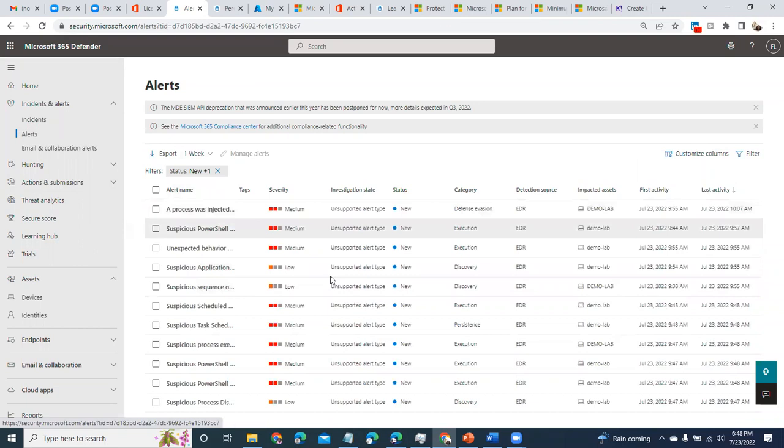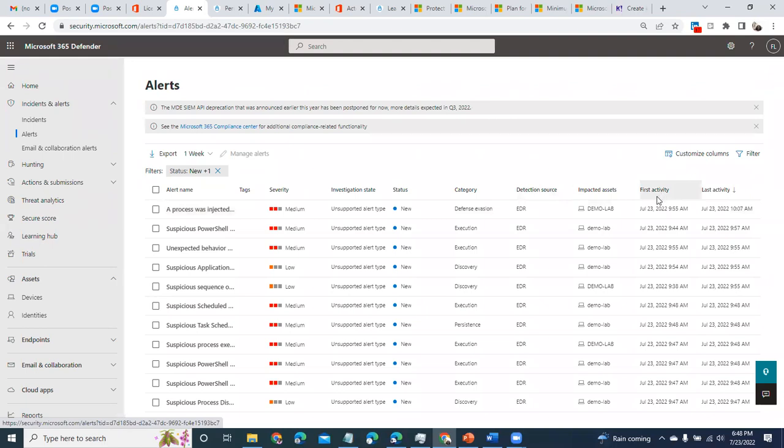So you can see different types of alerts. It will tell you the detection sources, okay? Remember where we said that the Microsoft Defender for Endpoint is doing your threat and vulnerability, your next generation firewall, your automated investigation, your endpoint detection and response. For every alert, it will tell you which of the capabilities the sensors used to give you that detection. And so here, it was using the EDR.